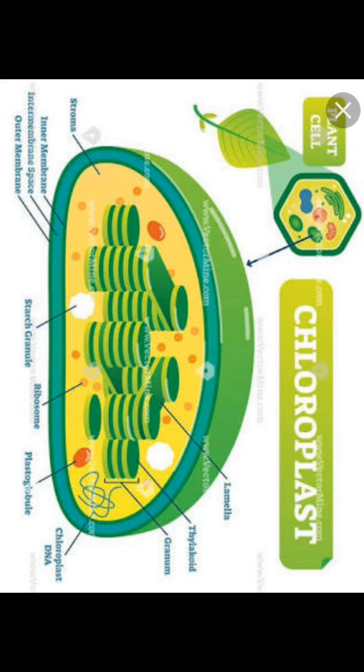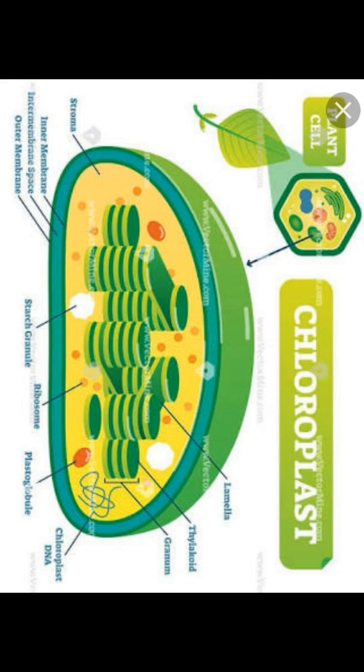What are those? 80S type ribosomes. Subunits 60S and 40S. As we discussed, ribosomes are present in different places. What are those? In the cytoplasm. Next, in the mitochondria, in the chloroplast, and as usual, on the rough endoplasmic reticulum, and their duty is protein